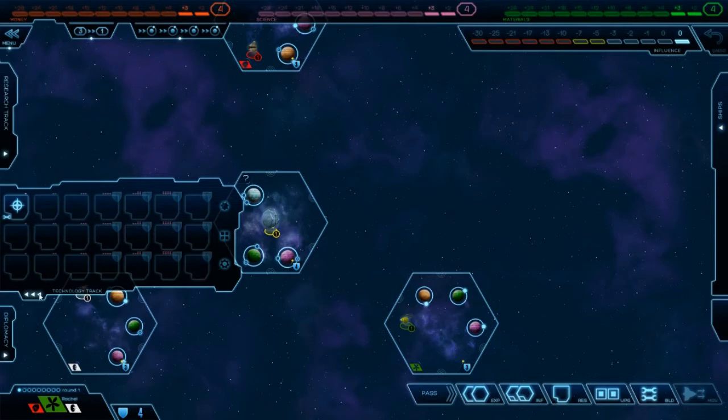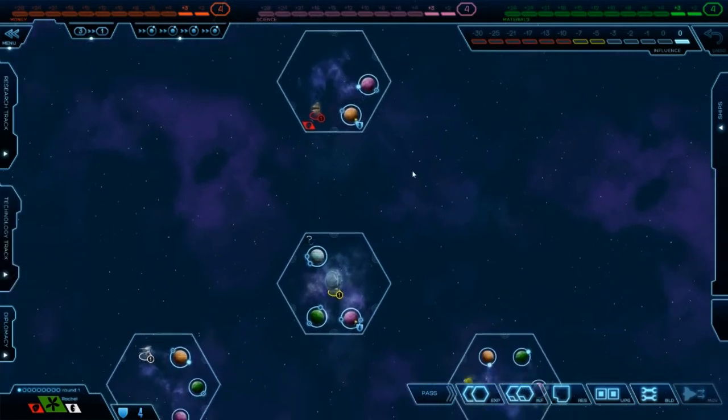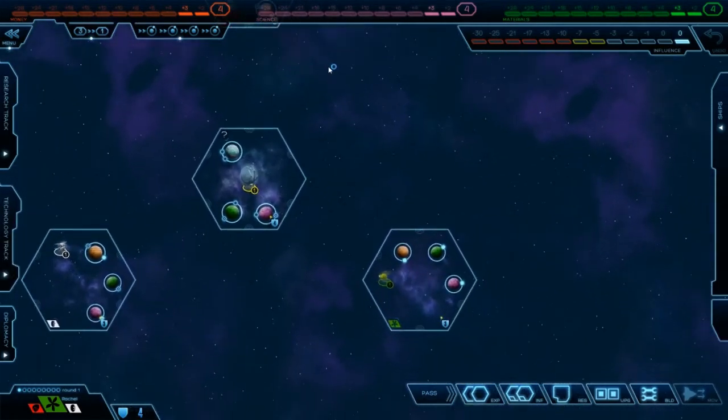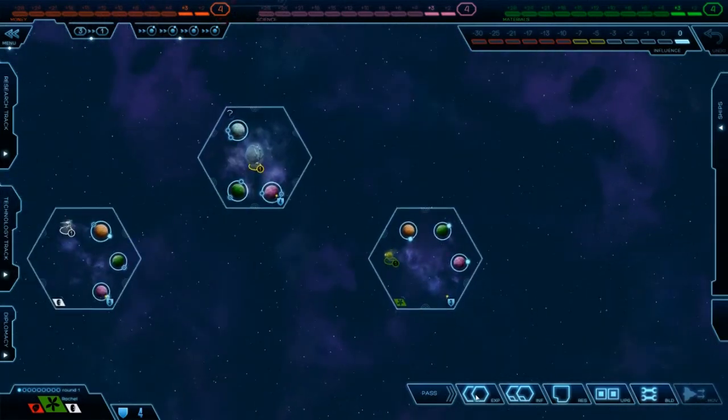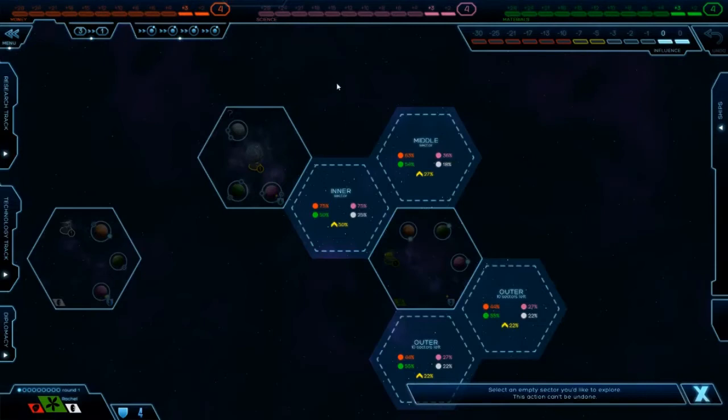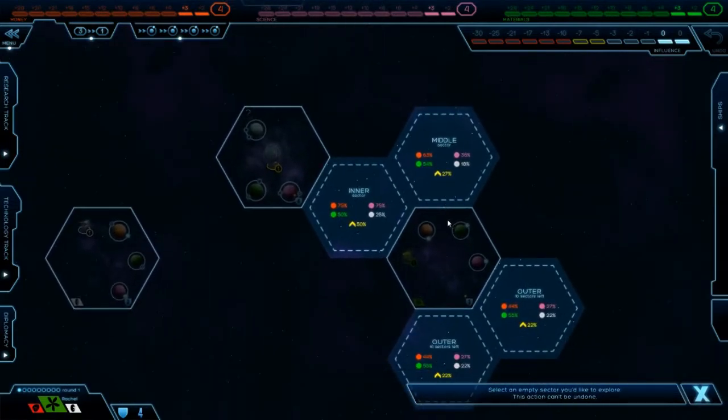Okay, so that should be all of the game. We're going to go ahead and get started. Like I said, we're going to explore, and we're going to explore out yonder. Now, when we click explore, it'll give us the options based on where we have influence and where our wormhole